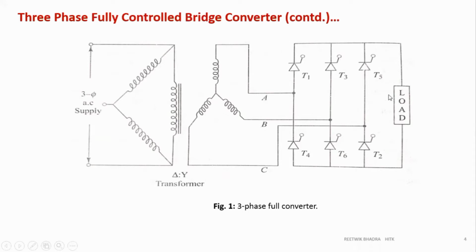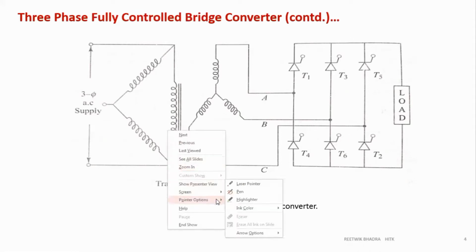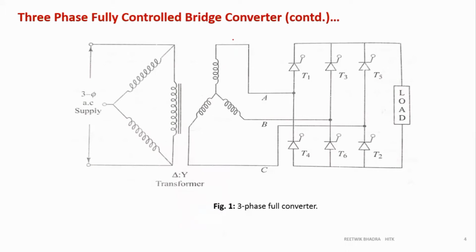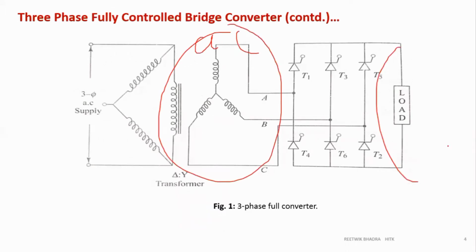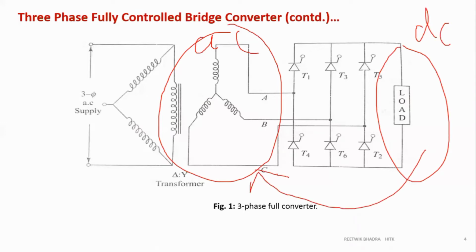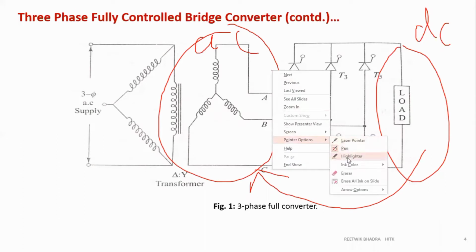Rest, this circuit is the same. See, this part is the same. If you compare to the inverter, this is my AC, and this output is my DC for the rectifier. For the inverter, it just changes. This side becomes DC, and the output becomes AC. Same circuit, so it is vice versa. Okay, you can remember it like this.